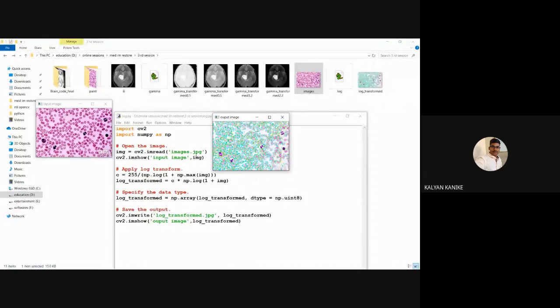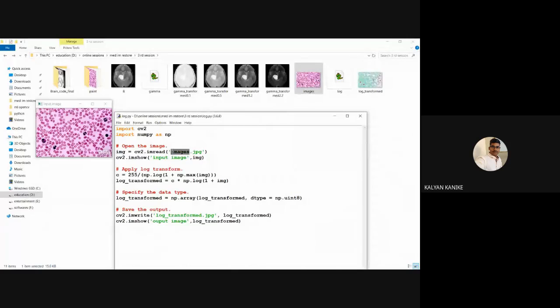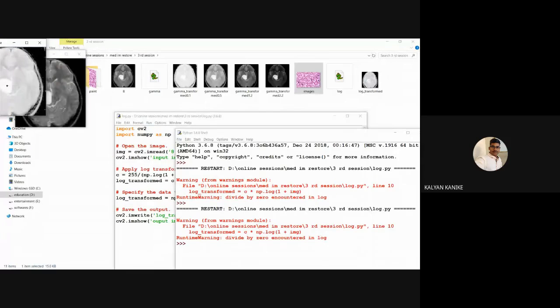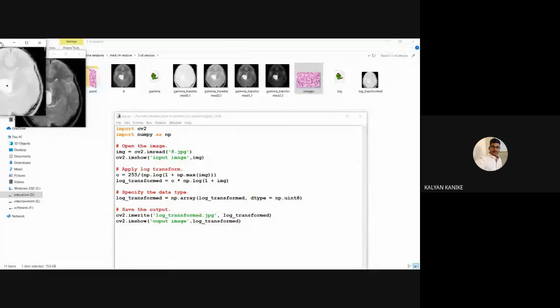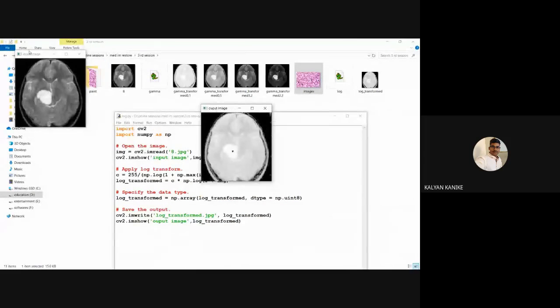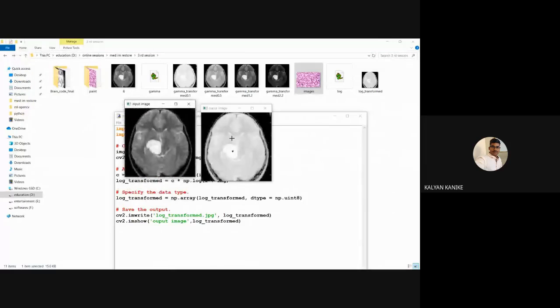Fine. So I'll go to the next one. If you think this is a grayscale image, it's wrong.